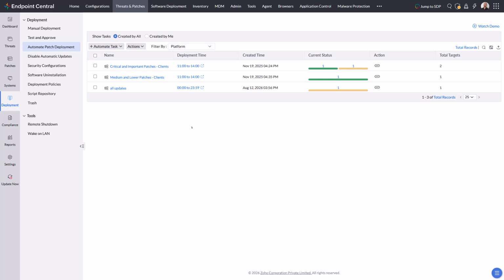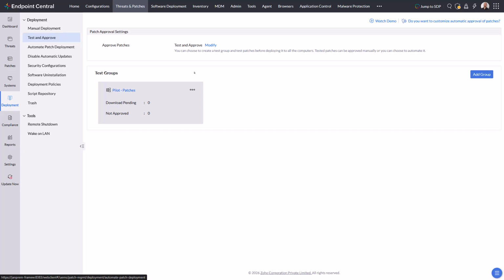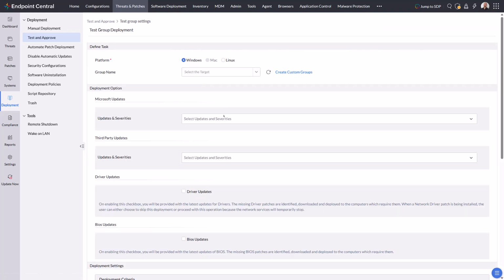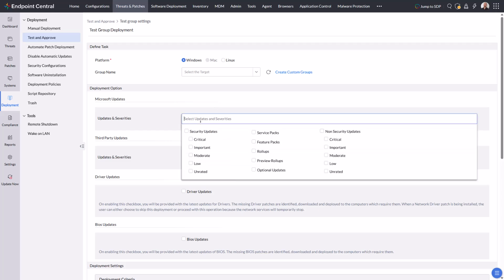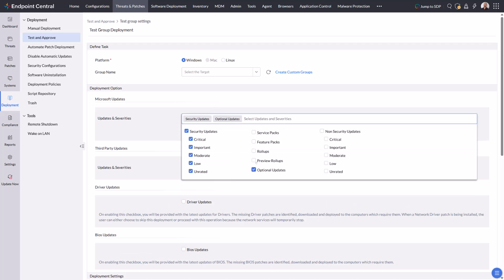In the meanwhile, what else can we do? We can't only automatically patch the systems. Of course, we need some kind of test and approve scenario. This is possible through the test and approve section. You can add here pilot groups for patching. This is a custom group. Choose whatever you want to have